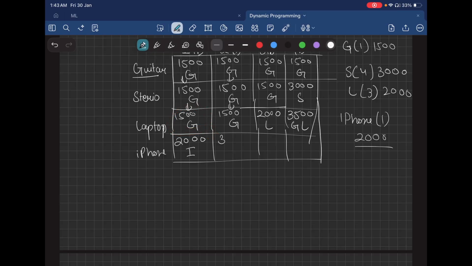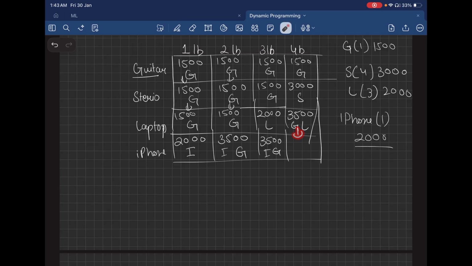So we get 3500 from iPhone and guitar. For three, since we have no other options, it goes similarly. Now for four, we can either simply go with the previous one, of course, as we